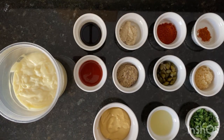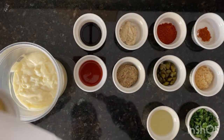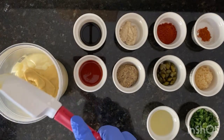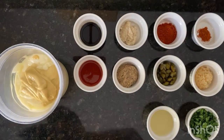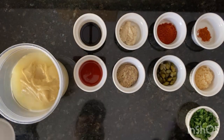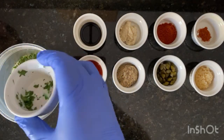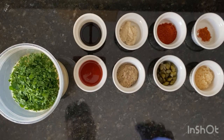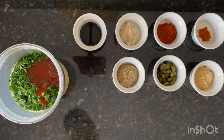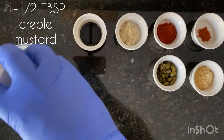Alright guys, so this sauce starts out with 2 cups of mayo here, and to that we're going to add 1/4 cup of Dijon mustard, 2 tablespoons of fresh lemon juice, 2 tablespoons of fresh parsley, 2 tablespoons of Louisiana hot sauce, 1.5 tablespoons of Creole mustard,